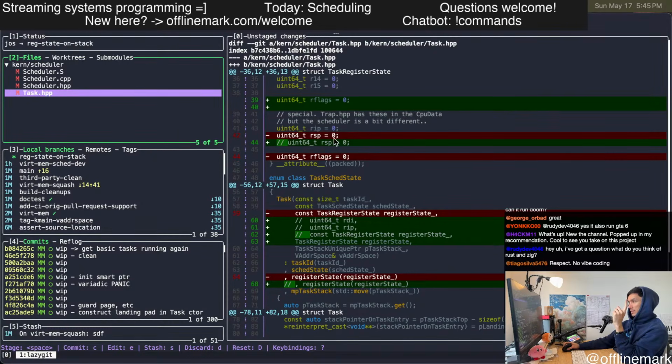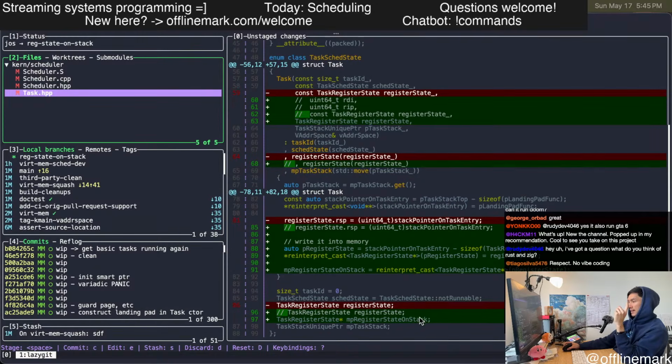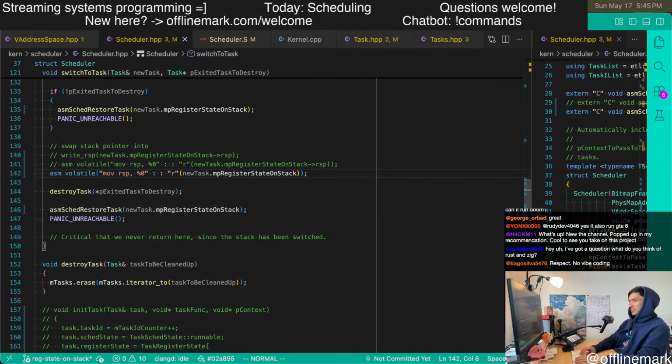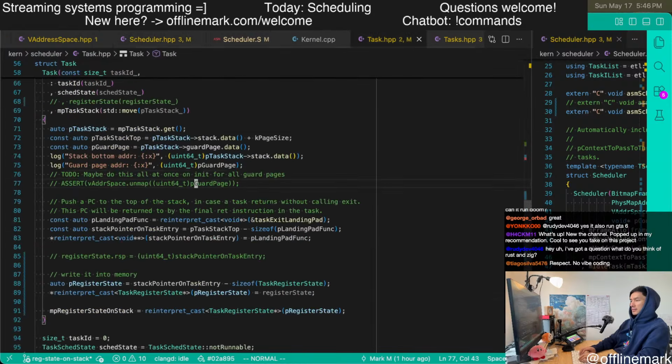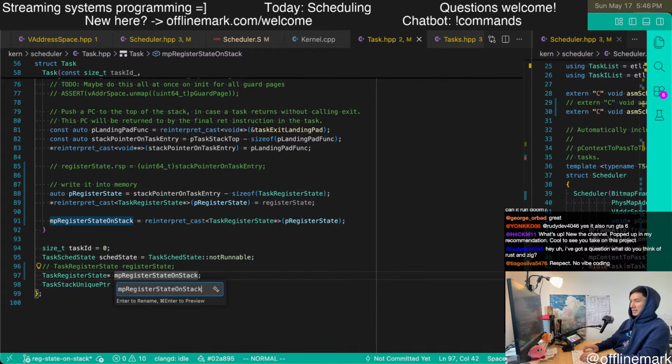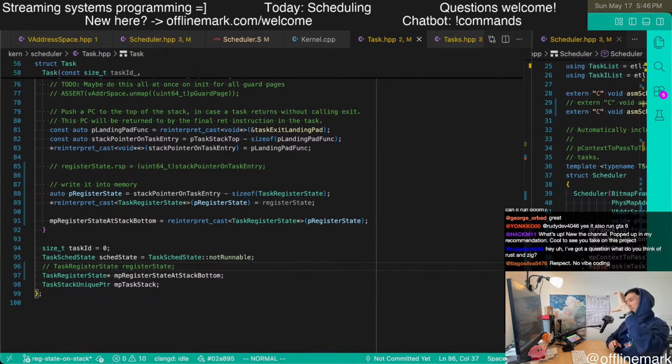We don't need the RSP anymore because that's actually captured in this register state on the stack. I like being very clear about things, so I'm going to rename it to register state at the bottom of the stack. I'm going to be super explicit about that. Hopefully that's understandable.